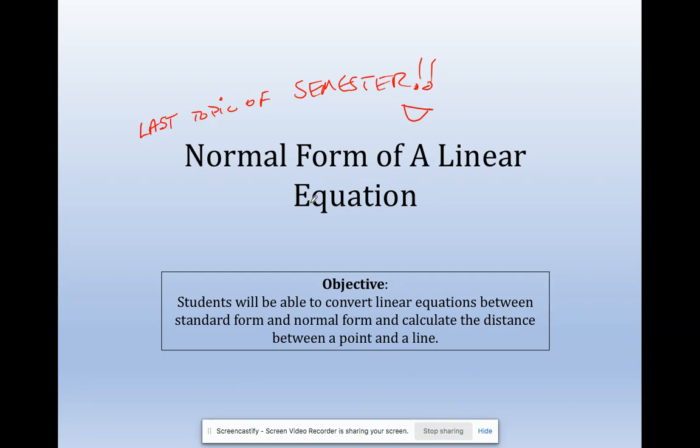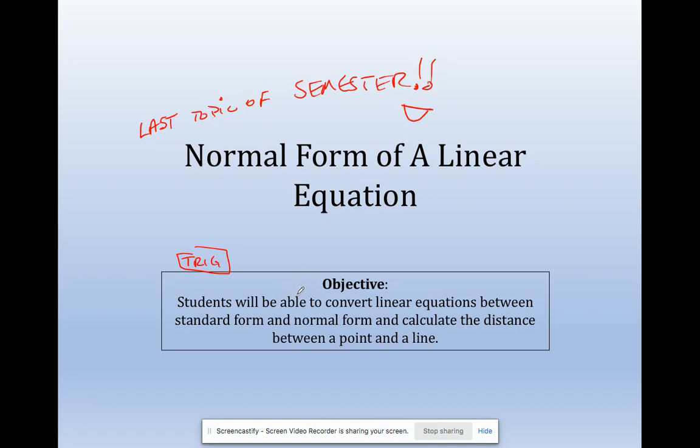This is a separate topic, a separate objective. And the only reason we put it here was because it does involve some trig. So we wanted to do it at the end of trig, so that you remember all your trig information,